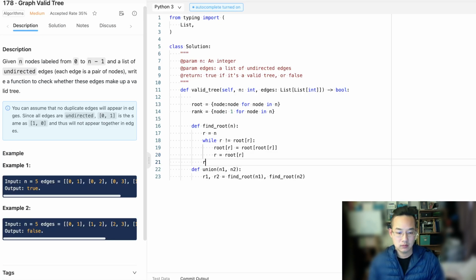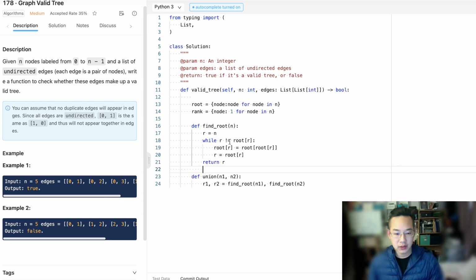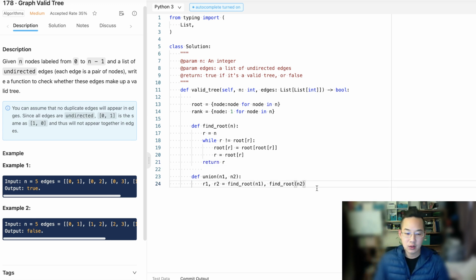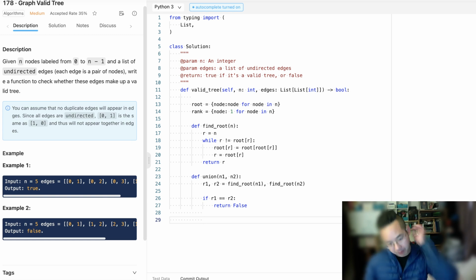So we found the roots. And now with the found roots, we check if root 1 equals root 2, then return false, because that means we have found a cycle based on the edges we see, and so we don't want to have those edges. Okay, and then otherwise,